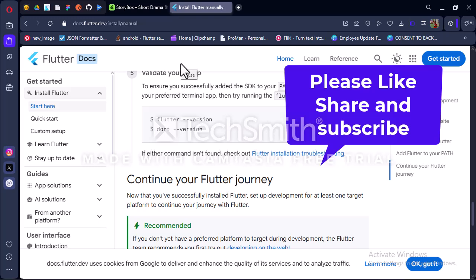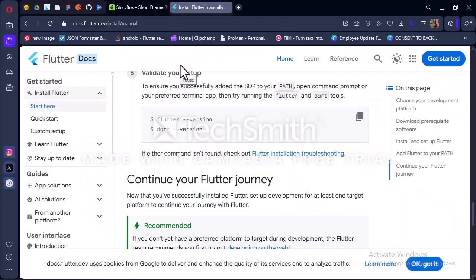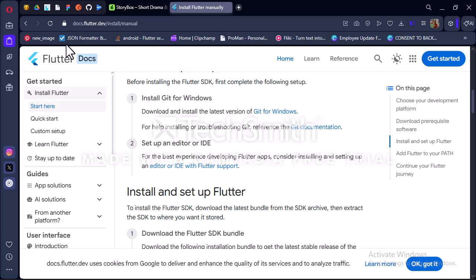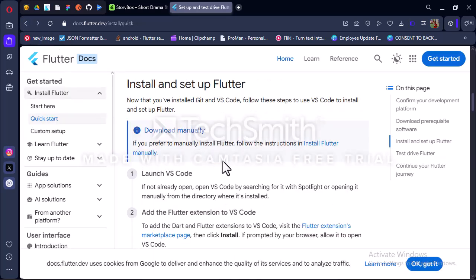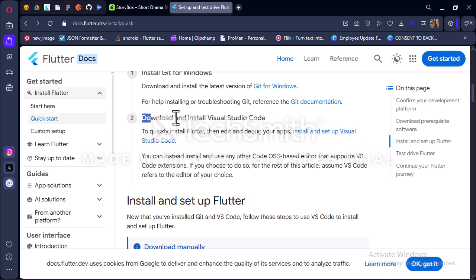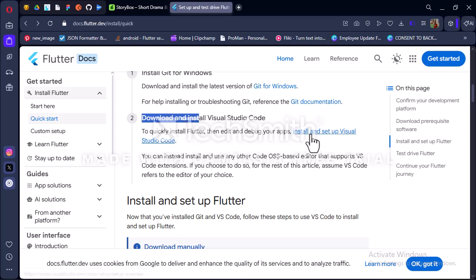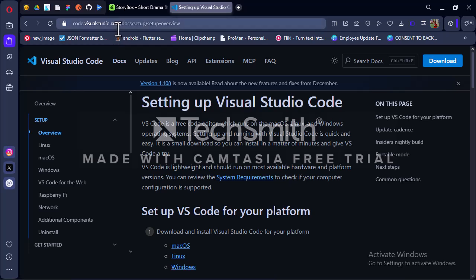So now that that is done, you want to get our IDE, integrated development environment, where we can now run our Flutter script directly and see how it works. For that, I'm just going to go back, because we already have that in the documentation. That was step 2 of the download prerequisite software, and we have here install and set up Visual Studio Code. Click on the link, and it's going to redirect you to code.visualstudio.com/docs